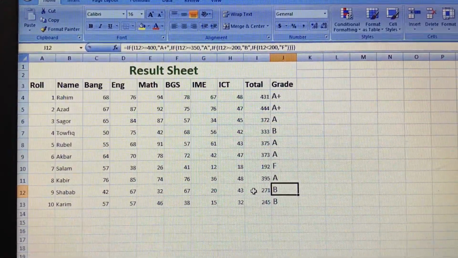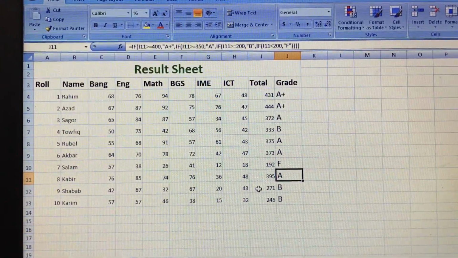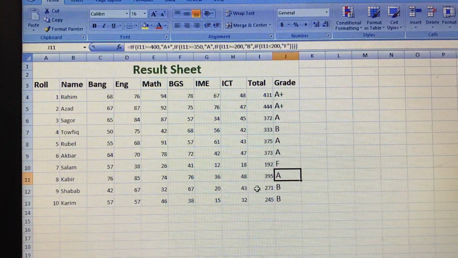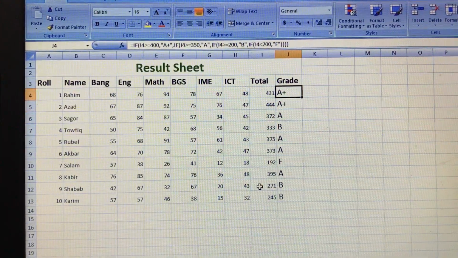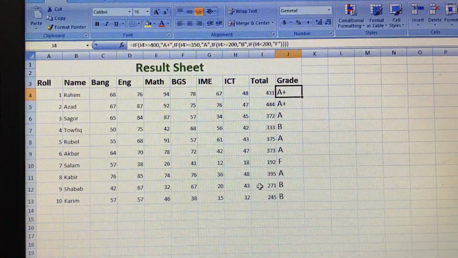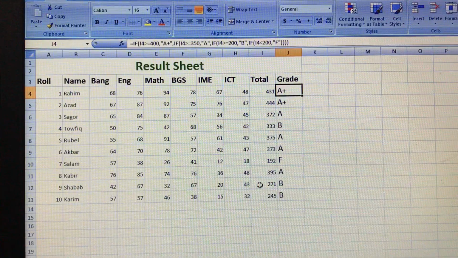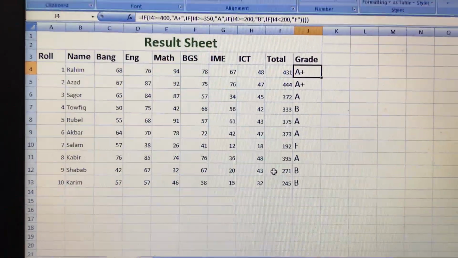That's why it is B. Which one is more than 350? That one is A. And check these two. These are more than 400. That's why it is A plus.